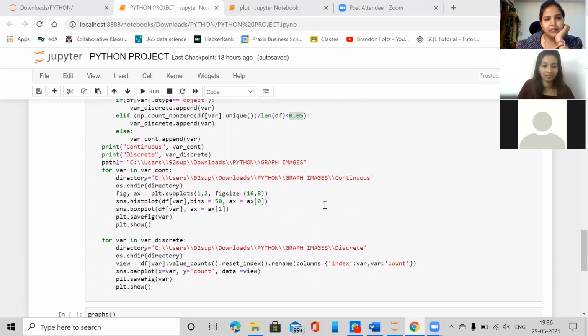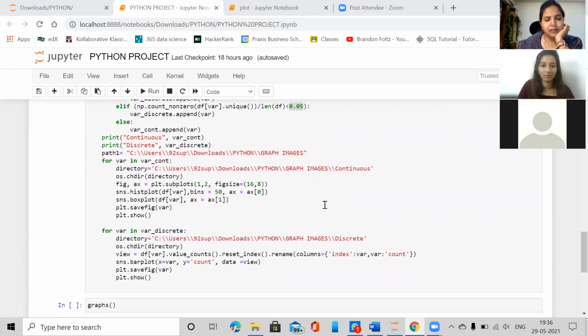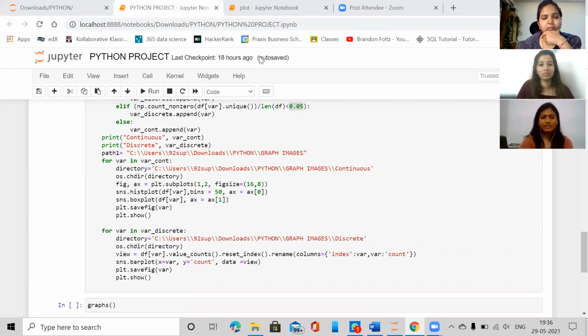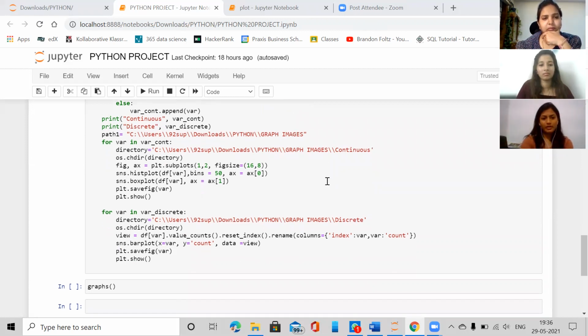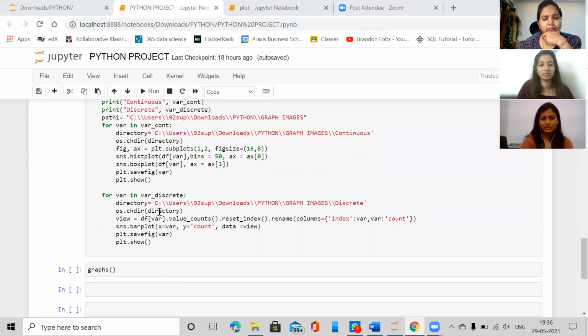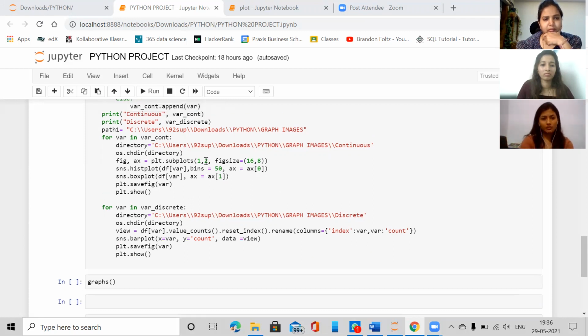Okay. Now, after segregating our data into the continuous and the discrete part, we will come up to the next part of our EDA, that is getting our data plotted in the desired graphs. So here we are using two iterations. Before that, I would like to add that besides plotting, we are also saving those plots in the form of images in a separate folder, so they can be used for future EDA references. So let me take you through the code.